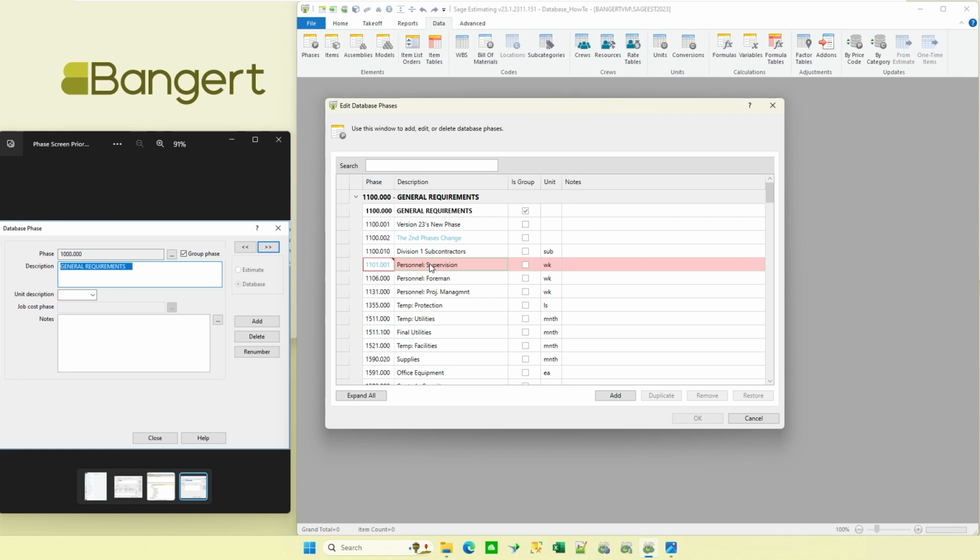Or if you renumbered an item, it wouldn't renumber in any of your assemblies or item tables or models and things of that nature. So the neat thing that they've done here is if it knows that there's something in here that's going to get me in trouble and mess something else up, it will not let me renumber it.